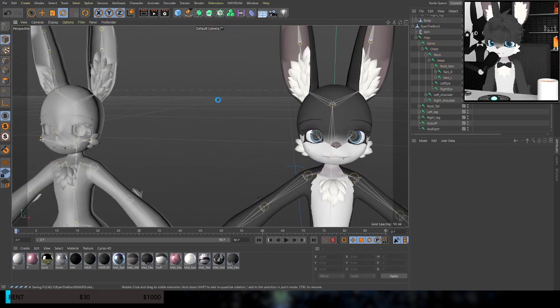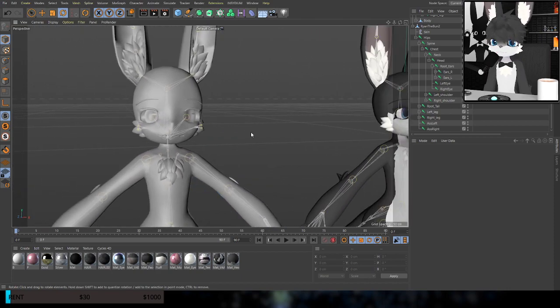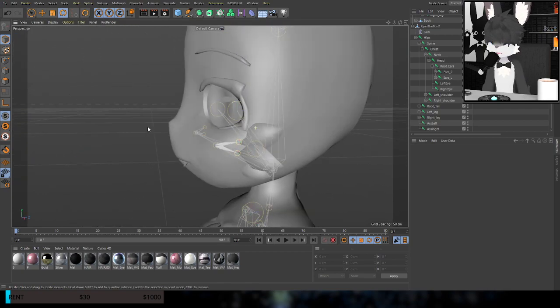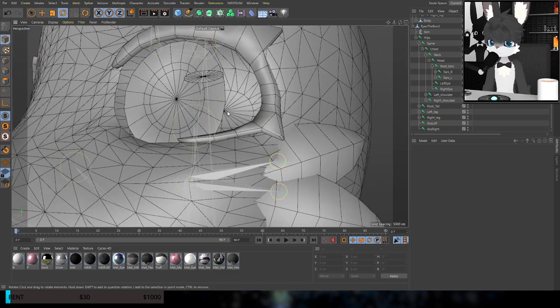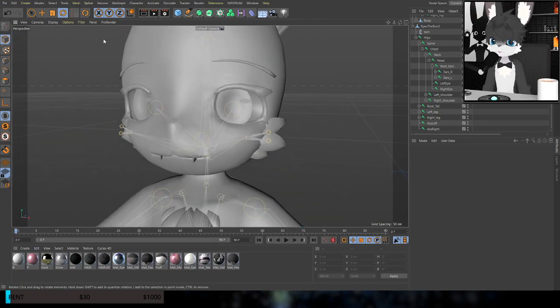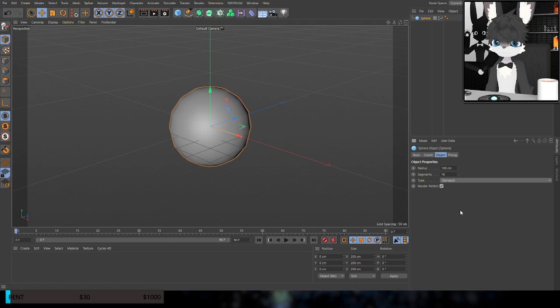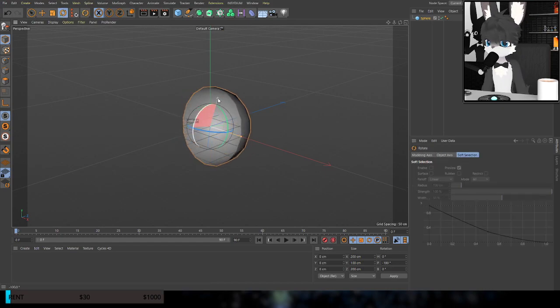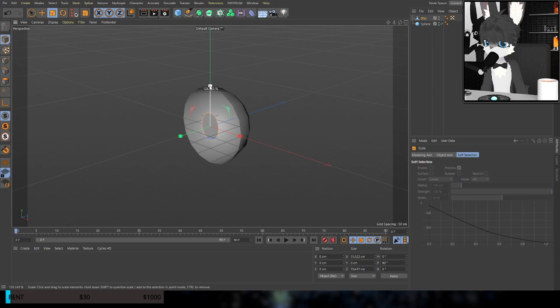Hey, if you're wondering why I have two models here, that's the old one, that's the new one. There are quite a few massive differences. First of all, in the old one, the eye is actually a disc that floats inside of a concave hull, and that gives the illusion of the eye being there. It also gives the illusion of the eye following you. So if I demonstrate, if I make the equivalent of what they had there, essentially what they've got is something like...